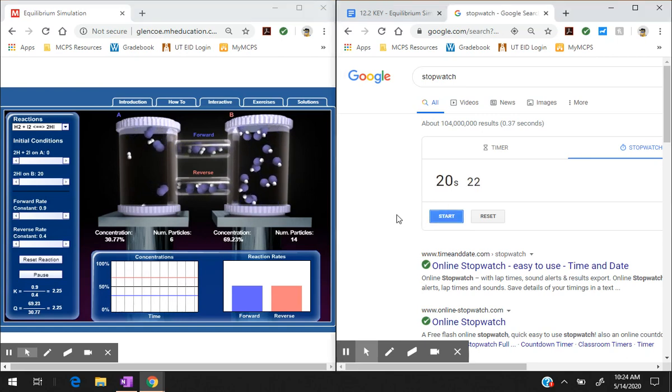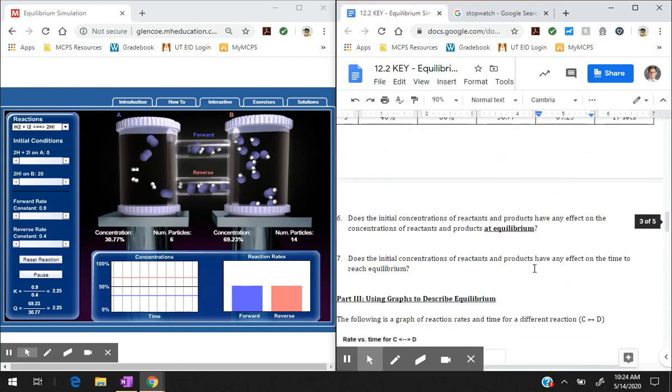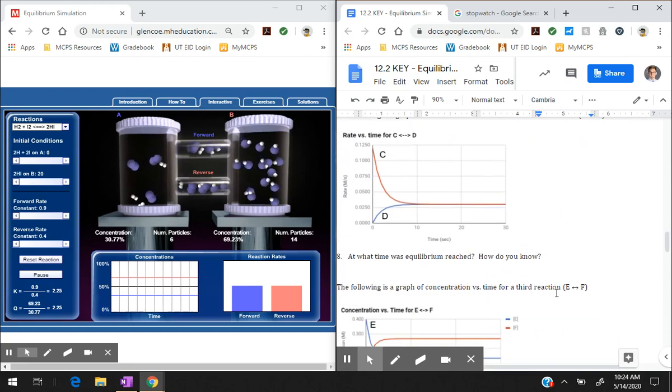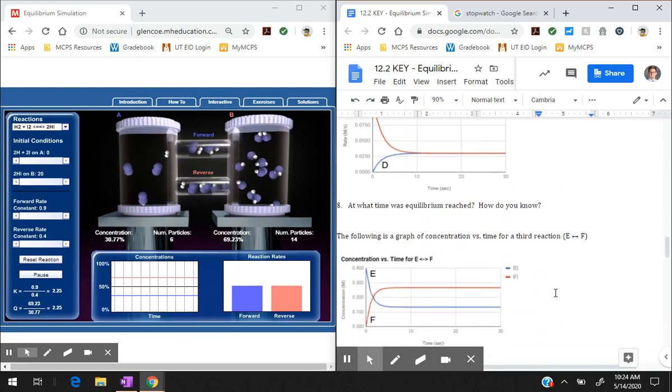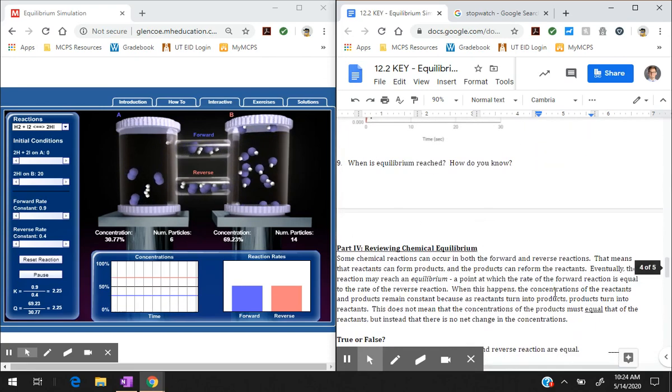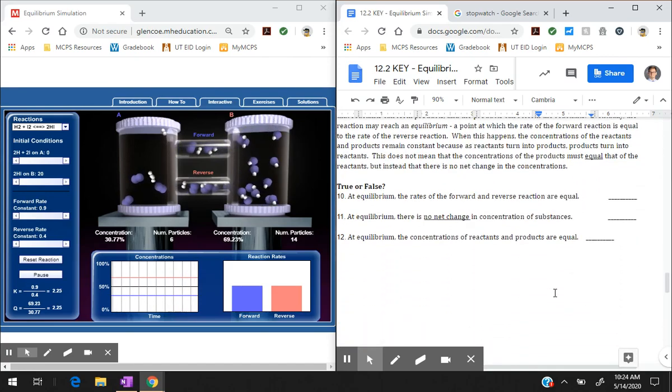And there we go. So about 20 seconds, just for fun. Okay, so we can go ahead and answer the questions there. There are also some graphs that we have to interpret. And then at the end of this,